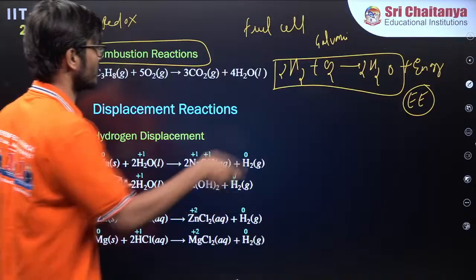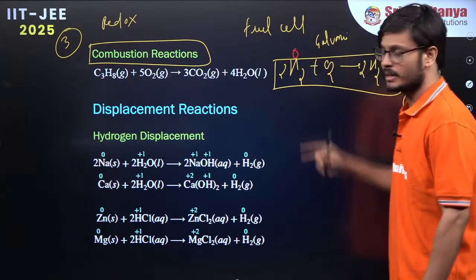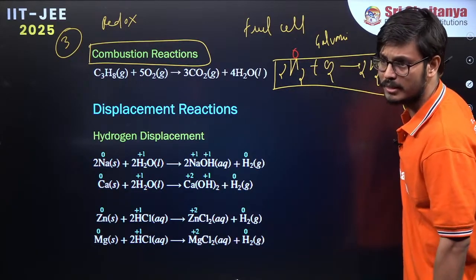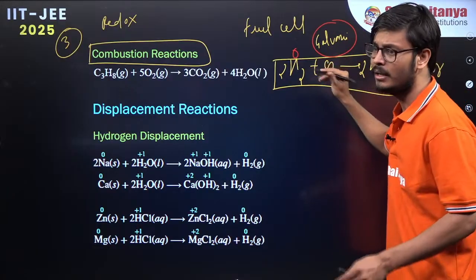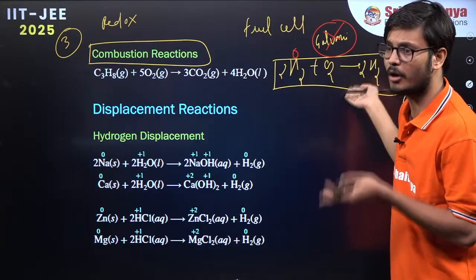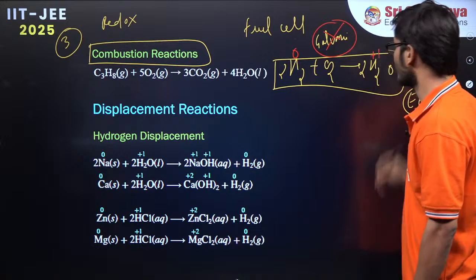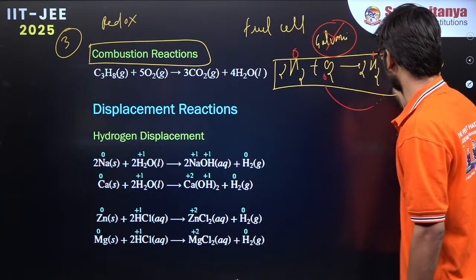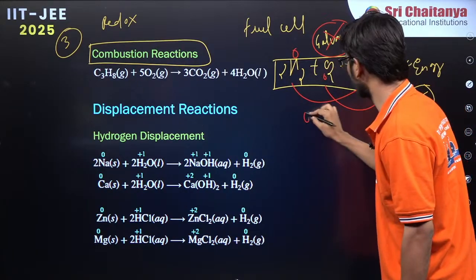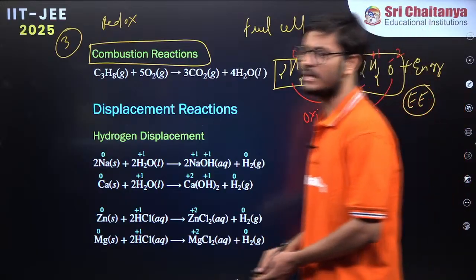Come to this one, very interesting. Look into the water case. What is the oxidation number of hydrogen? 0. This is a combustion reaction. You do not have carbon, so only water will be formed and electrical energy will be released. Here, because we are doing a galvanic cell; if you forget about the galvanic cell, this is a simple combustion reaction. Hydrogen oxidation number 0, and here it is +1. Oxygen is 0, and here it is -2. So what happened, tell me, beta ji? 0 to +1, what happened? Oxidation. And 0 to -2, what happened? Reduction. So any combustion reaction